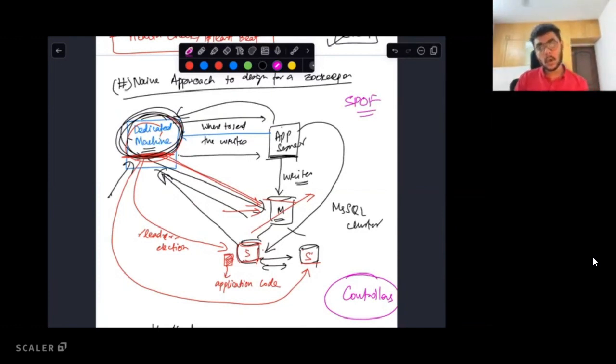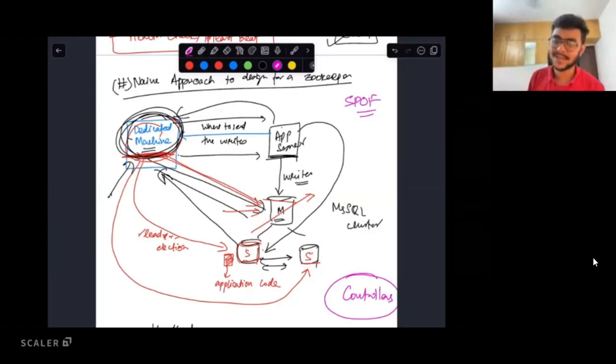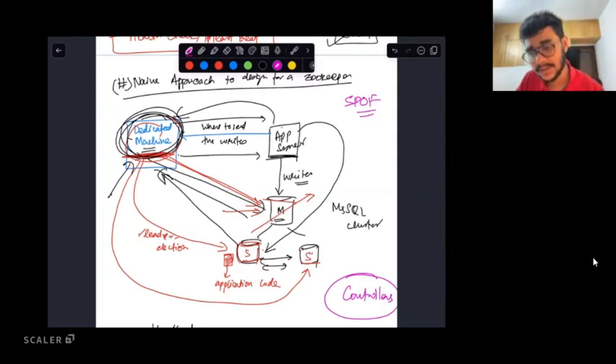Correct. Multiple calls to check alive or not. Well, Shri, it's very difficult for you to figure out in one call whether the entity on the other side is healthy or not, right? For example, if you call your friend just once in 10 years and he says, I'm okay, you won't assume that they will be fine for the entire 10 years. You keep checking on your friends and family members. So there is potentially no way for you to figure out whether something is alive or not, except making regular calls. So that is something that we cannot live without, right? But single point of failure, someone is saying dedicated machine can die. Any other thing that comes to your mind?